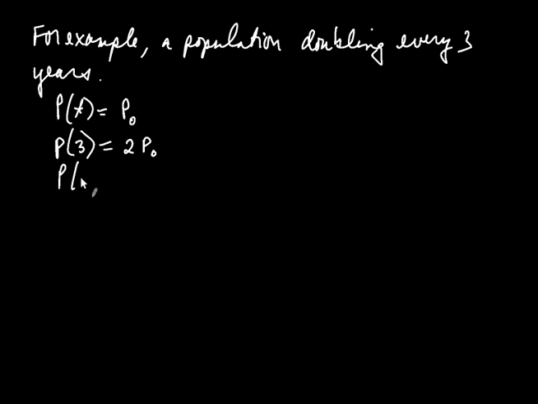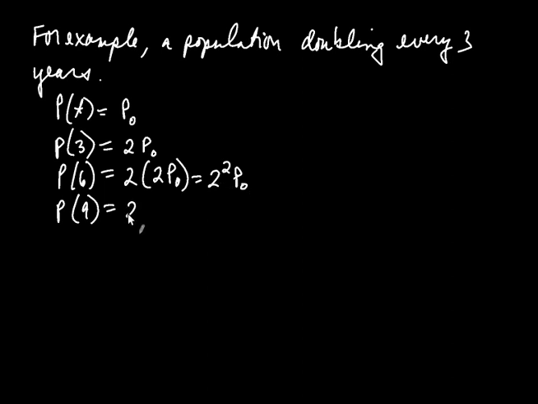Okay, then after 6 years, you're looking at double that, right? So it's twice 2 p naught, and that can be written as 2 squared p naught, and there's the beginning of the exponential growth. Now, the population at 9 years is twice what it was there because it doubled again. So it's twice 2 squared p naught, and now we're looking at 2 cubed p naught. And you can guess what's going to happen, right? The population at 12 years is going to be not 2 to the third, but 2 to the